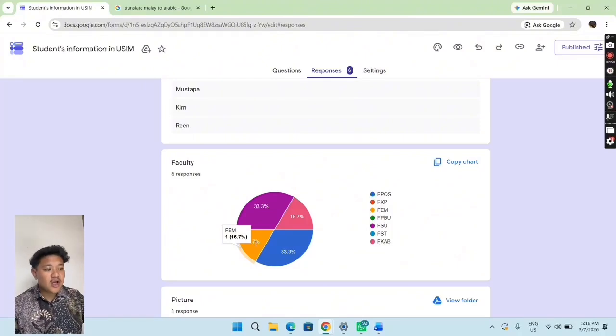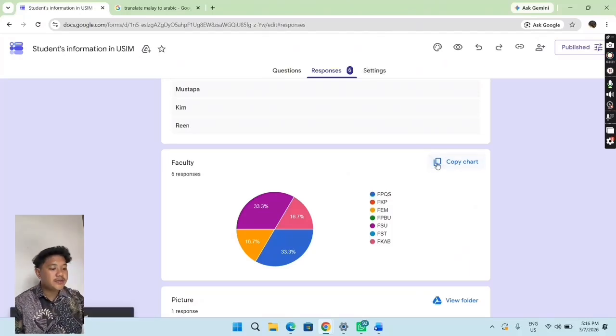Okay, next. This is very easy, because Google Form gives you the data, and you can see and also generate data for your work. If you need this data for your slide, for your work, you just click this button. I give you an example.